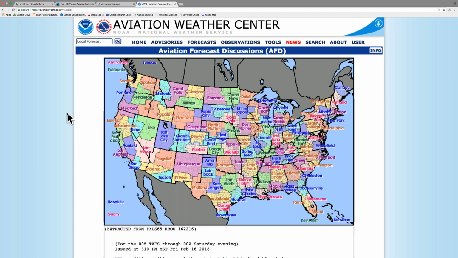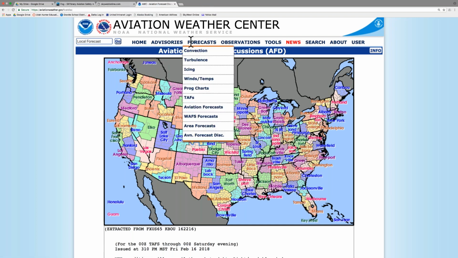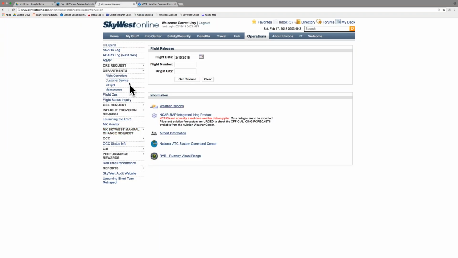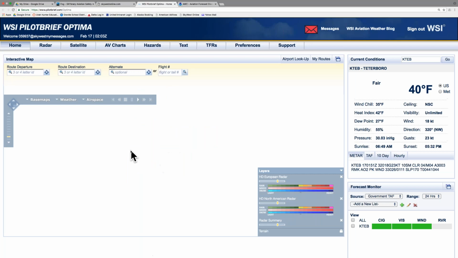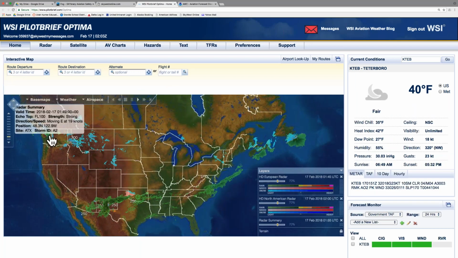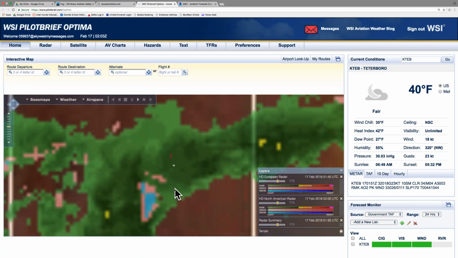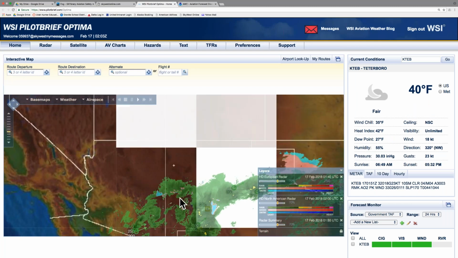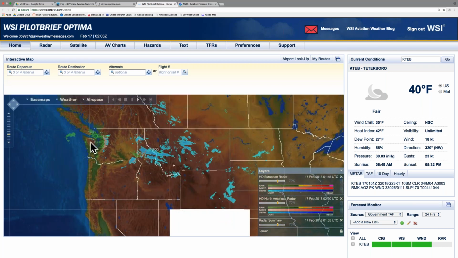it was going into Seattle. I'll just show you Seattle's weather right now. Let's go to WSI really quick. This right here this morning looked a little more like this. But Seattle was still legal. They had ceilings at, I want to say, 2,500. But because of the wind shift and everything, we were just like, well, that could drop pretty quickly.